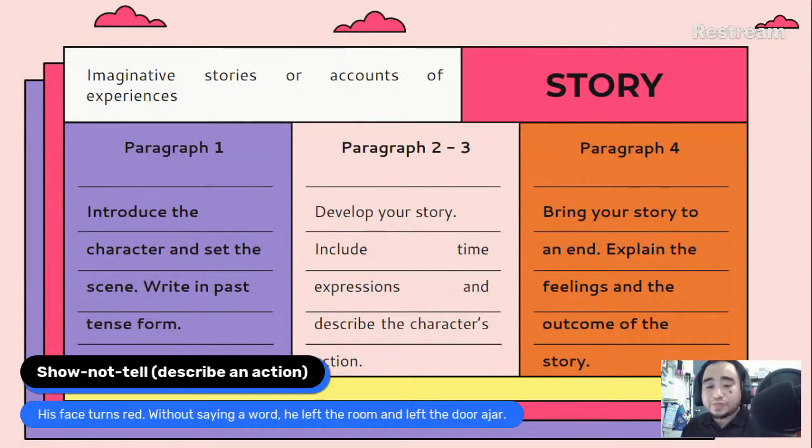Contoh, I give you here. His face turns red. Without saying a word, he left the room and left the door ajar. Okay, so his face turns red. Without saying a word, he left the room and left the door ajar. Maknanya, tak cerita pun. We don't have the word angry there, but by the description, we know that the person is angry. Okay. If you want to say that, for example, show not tell,